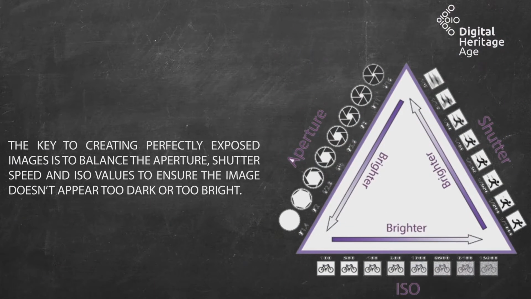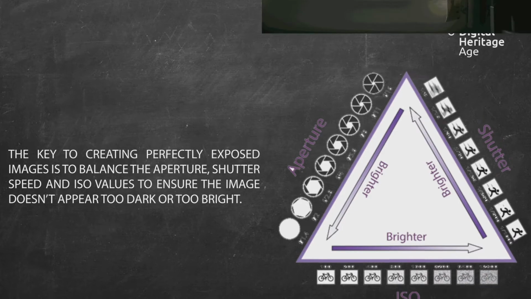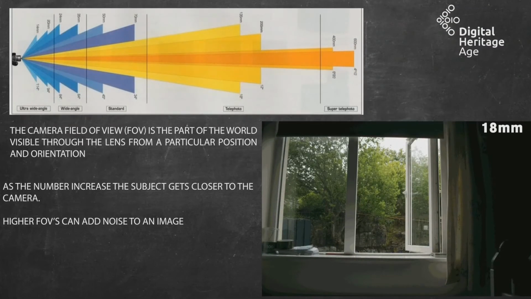Finding a balance between the aperture, the ISO, and the shutter speed is the golden rule of photography. It's the exposure triangle, and there's no need to get your head caught up in the maths and the science of it, but just know that we want clean, crisp images, and these are the three settings on a manual camera that we can use to do that.